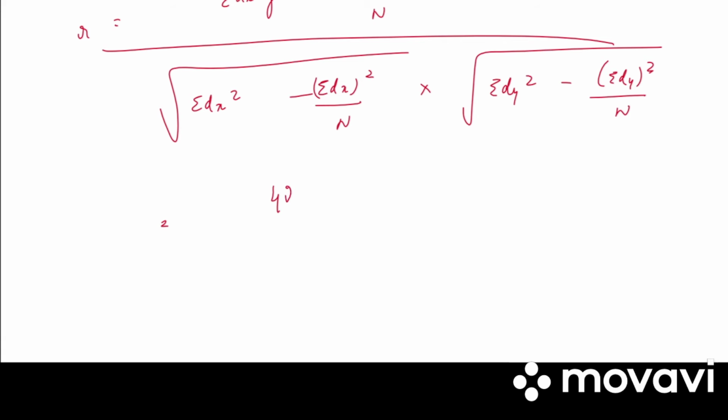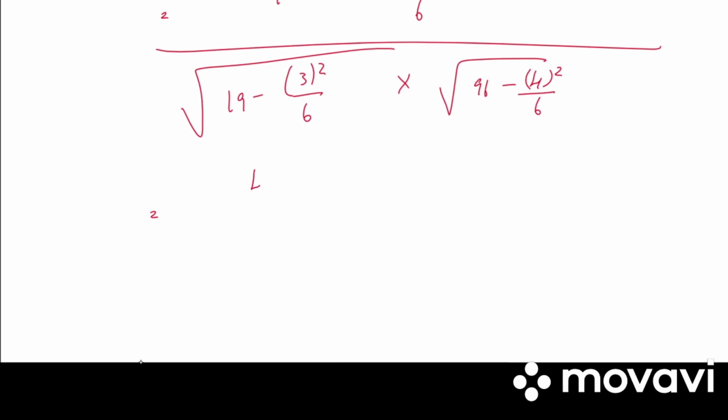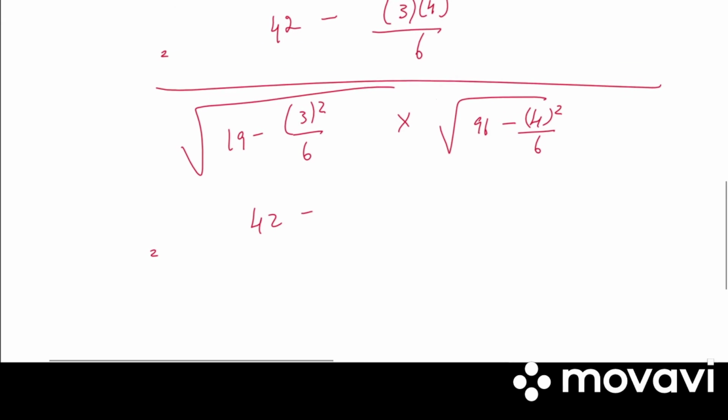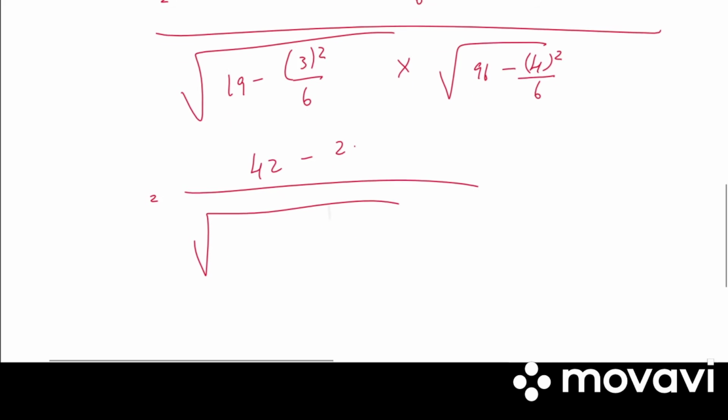So it is 42 minus 3 into 4 divided by 6, divided by square root of 19 minus 3 square divided by 6, into 96 minus 4 square divided by 6. So 42 minus 4 3s are 12 divided by 2 is 2, divided by 19 minus 1.5 into 96 minus